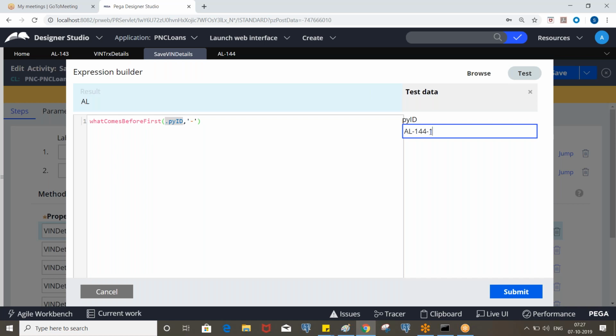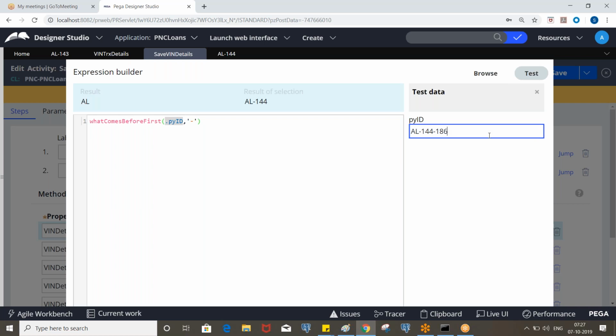Let's say your work object ID is like that. Now tell me, what will be the result? 186 AL dash. Yes. So what comes before first? It will take the whole value.